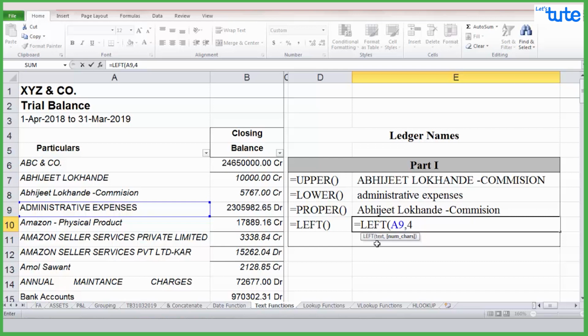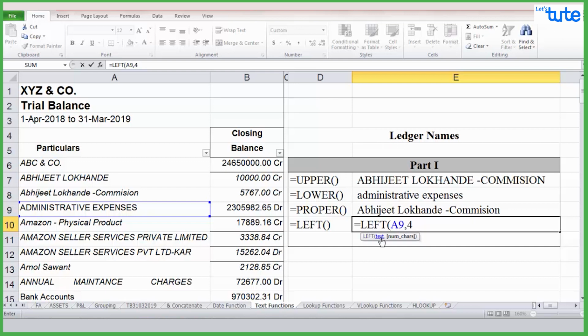Please note that Excel also shows that the user should type the data as displayed here. The LEFT command says that first you have to insert the text, comma, and then you have to insert your data in numeric only. If you type alphabetical here, then your answer will be wrong.